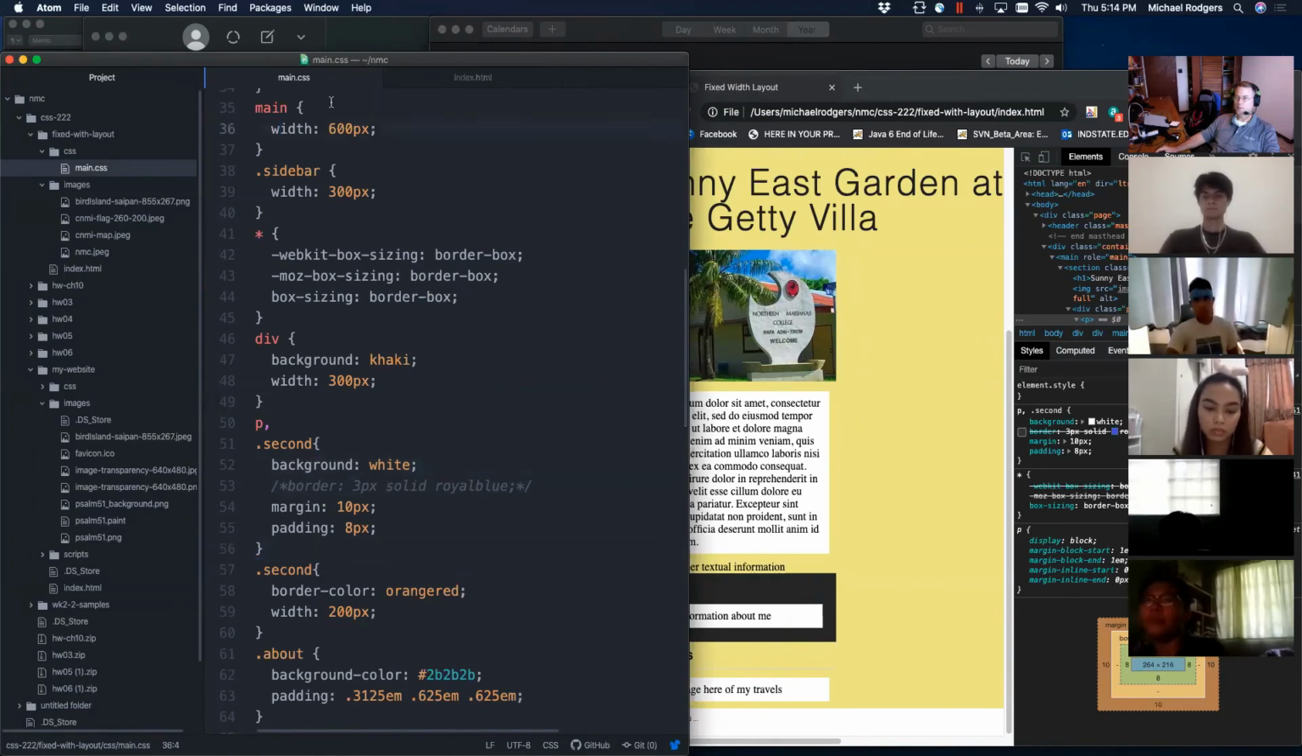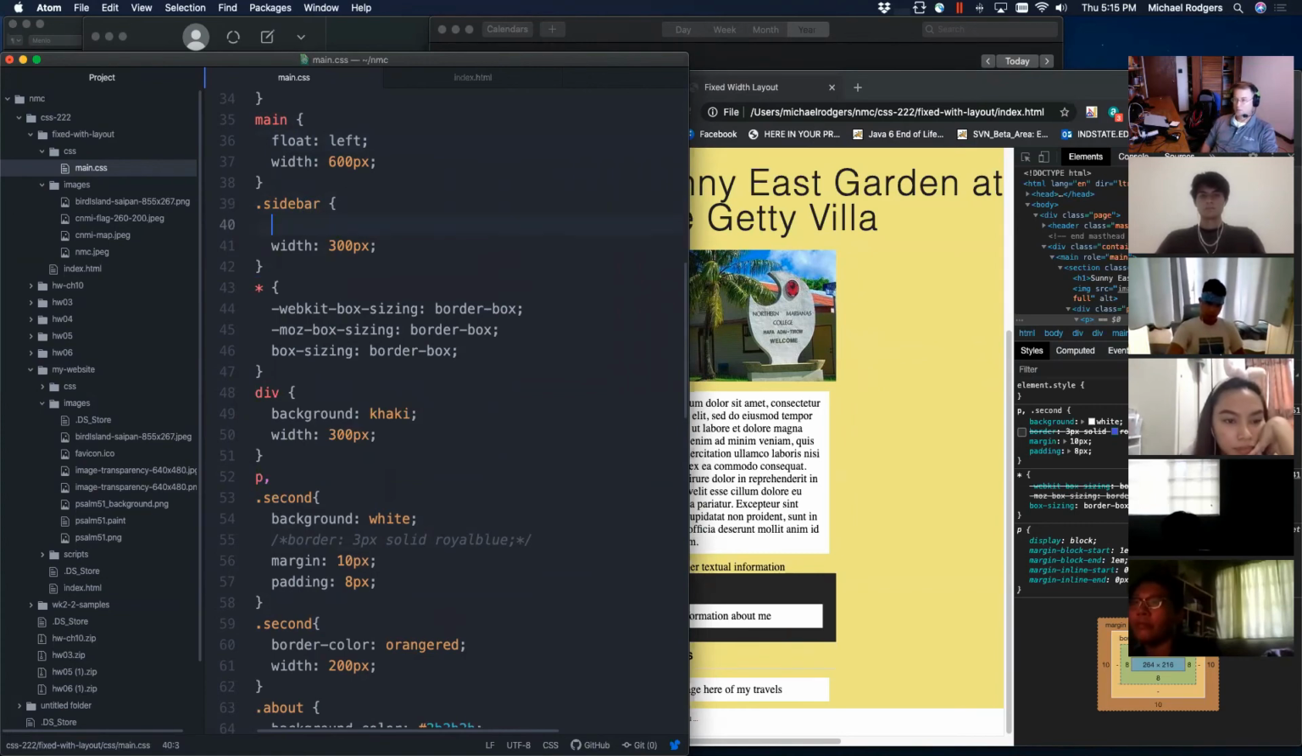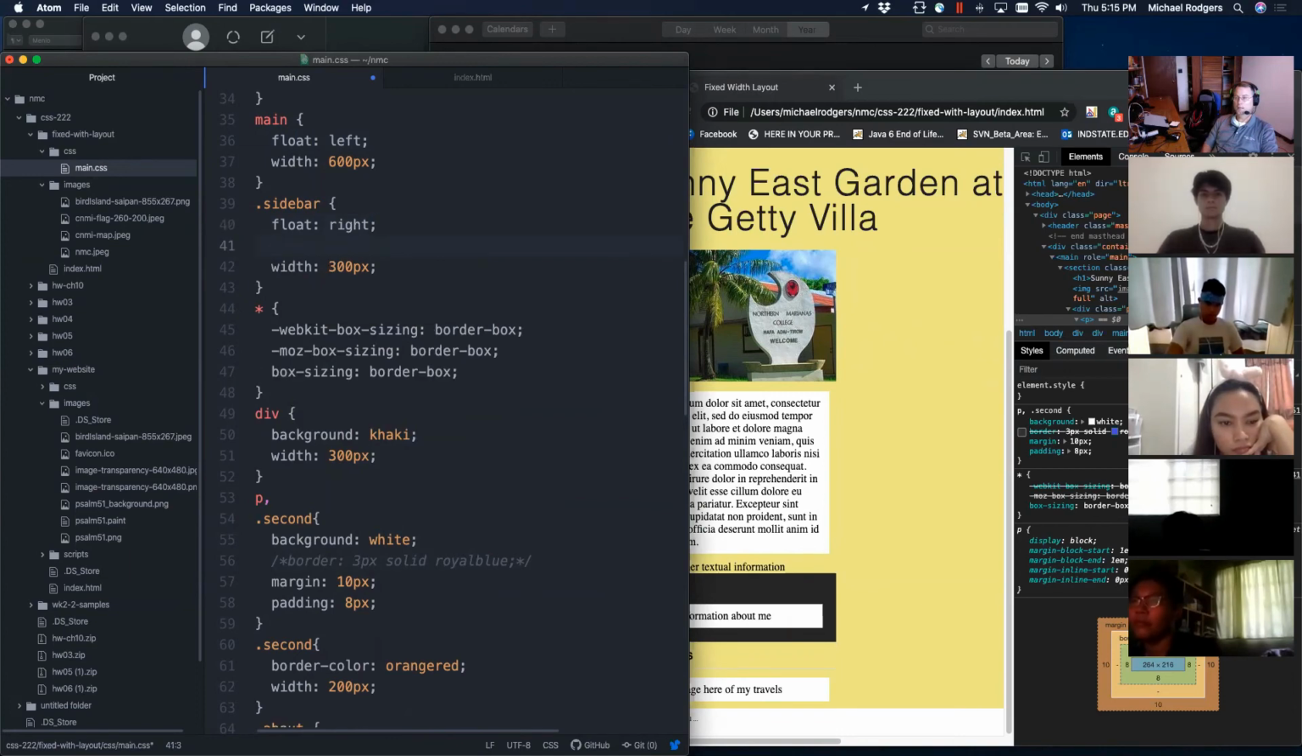So we have the main up here. We have our width of 600. I'm going to say float the main to the left. And we want to float the sidebar to the right. And we're going to go ahead and add a margin top of 1.875 EM. Okay. Now, I've told the main,